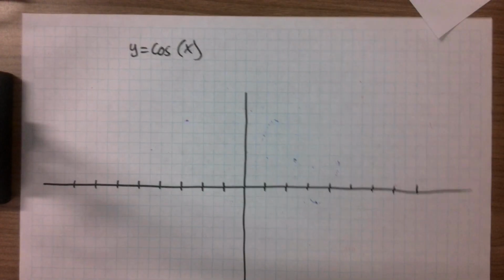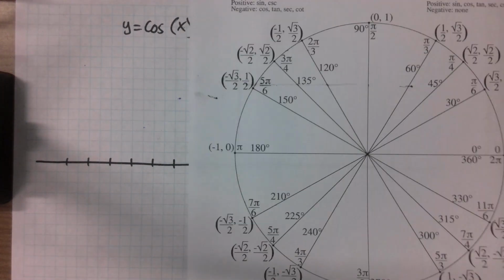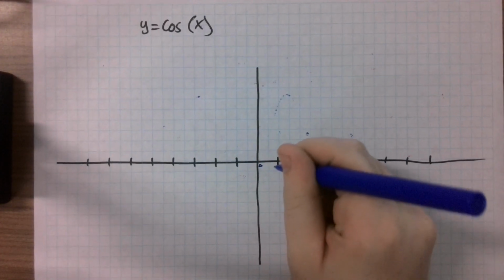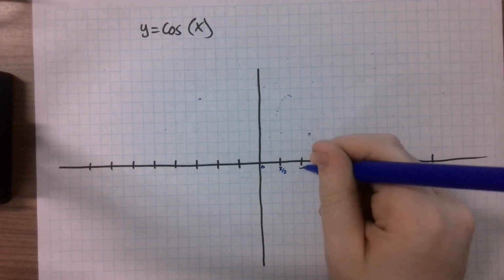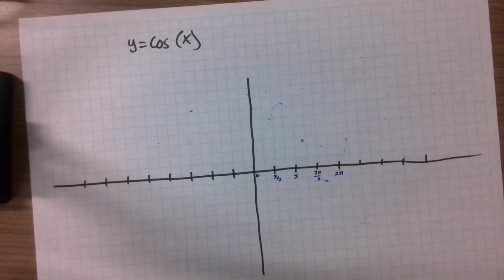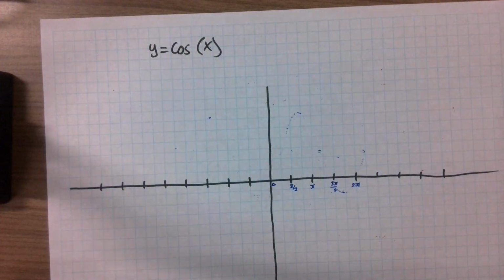Let's see if we can apply the same logic to the cosine graph. So here's what I'd like you to do. I'd like you to pause the video here and try to see if you can use your unit circle to find the cosine of all of those same values. Again, we're still going to be using 0, pi over 2, pi, 3 pi over 2, 2 pi, etc. As you go through and do so, here is a hint. Remember that according to our rules that we learned last class,